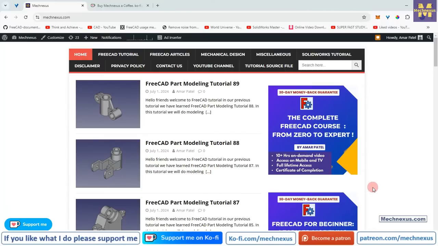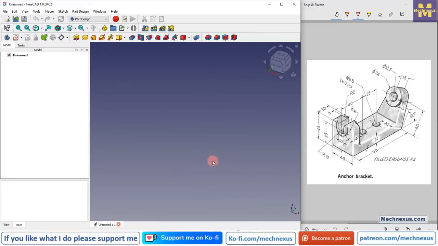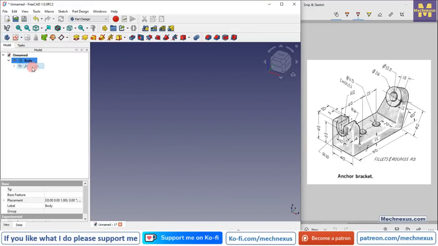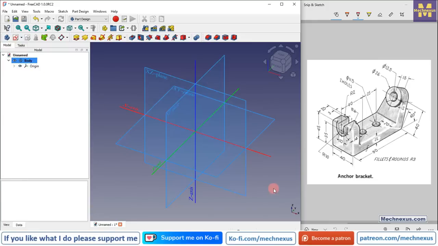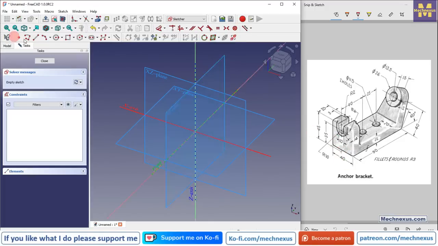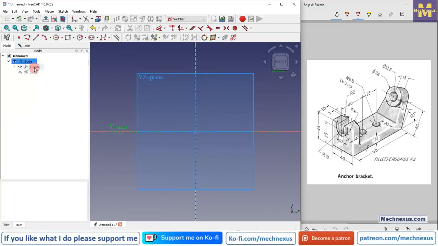So let's come back to our tutorial. Here I have created a new file, and I will insert the body, and I will turn on my plane, and we will read our drawing. If you see our drawing, if we start our sketching from the right plane and extrude this profile to 40 mm, that will be good. So we will select this right plane and click on the sketch, go and hide datum plane,